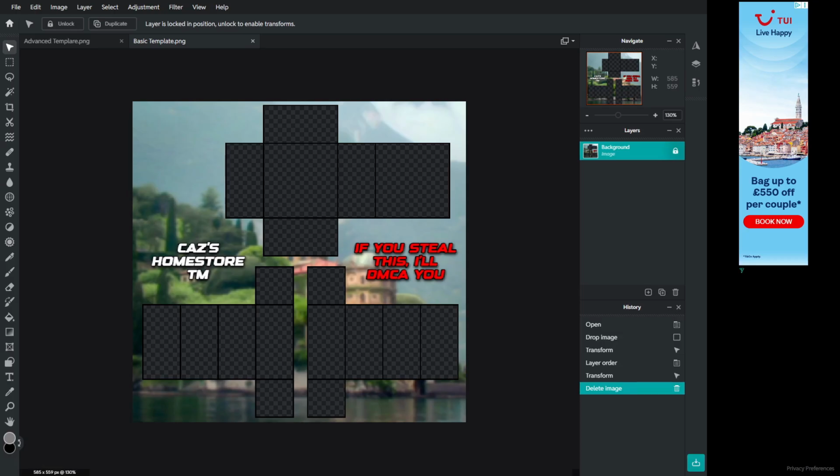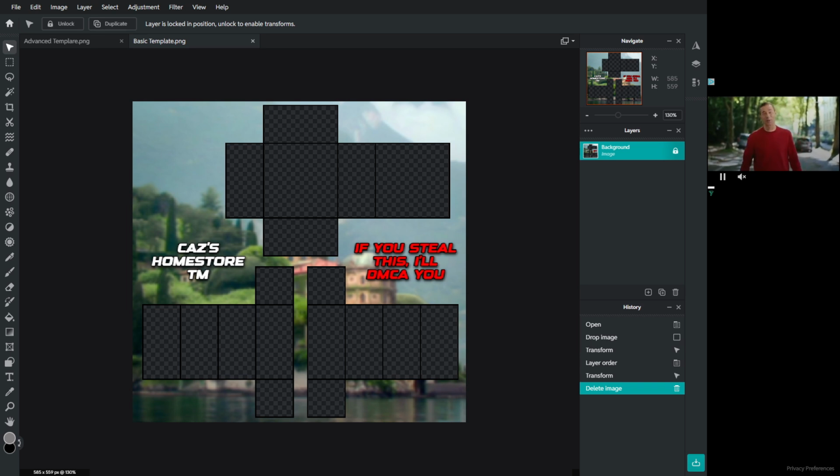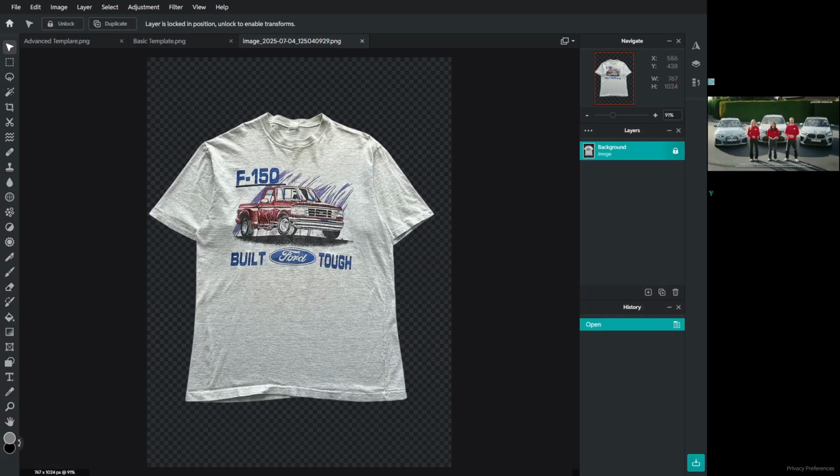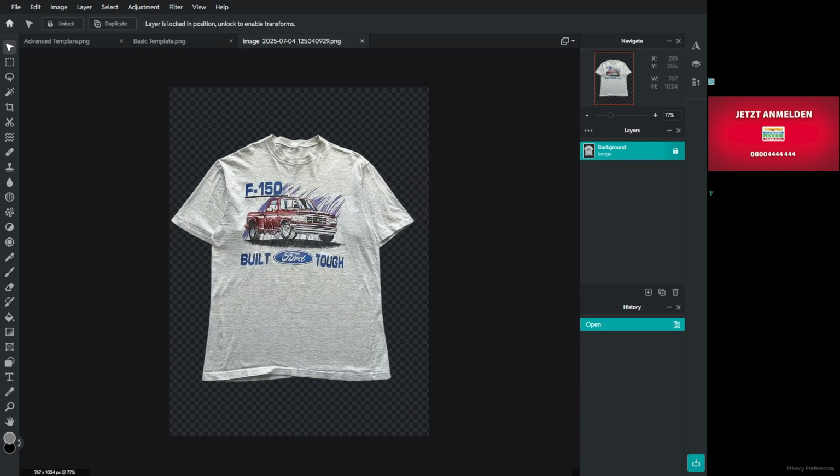So once you've got that, you're going to press download in the top right, I forgot to mention, and then you want to go to your files, and once it's downloaded you want to click go to your file explorer and just drag the image into your photo editor. Once you've done that,